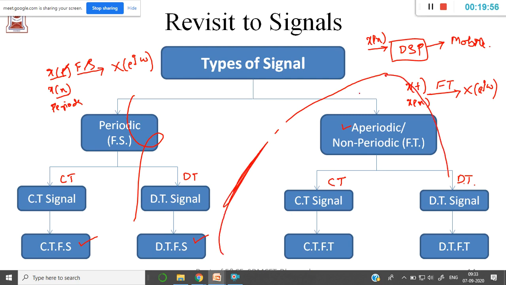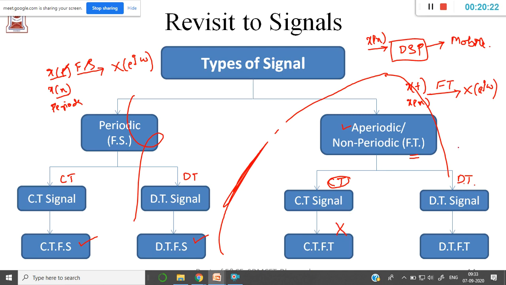Whenever I give an x of n value, you simply think that it is a periodic signal, and once there is a periodic signal, I will go for a Fourier transformation to apply here, and if it is CT, we will go for CTFT, and there is no point of